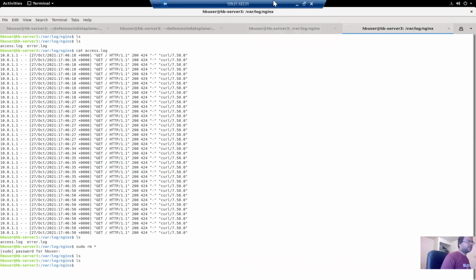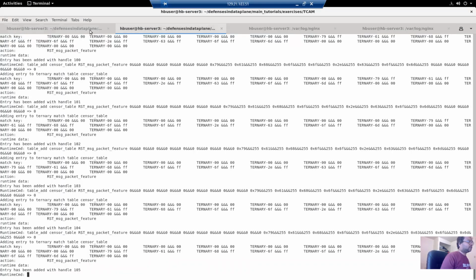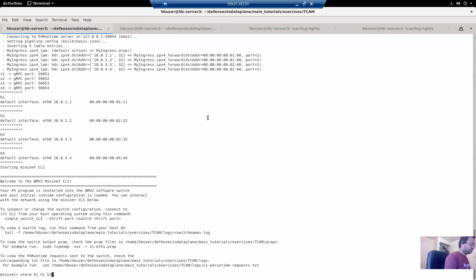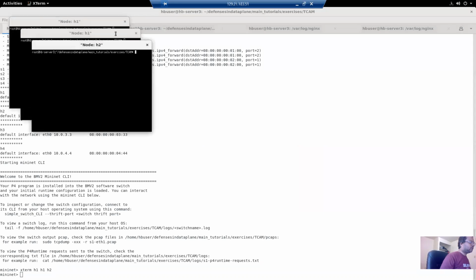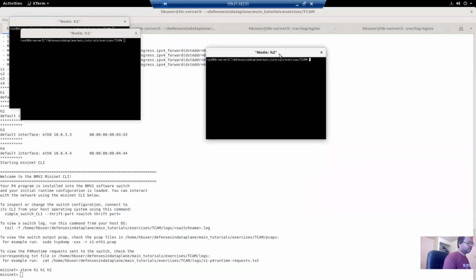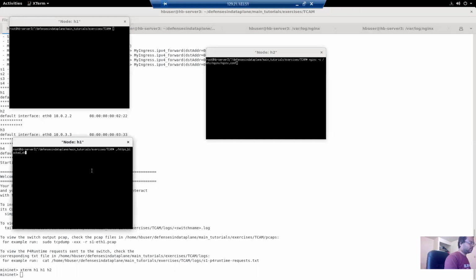Nginx, nothing. Rules are installed. Run again. Nginx server, again the same nginx.conf file. Going to generate traffic.